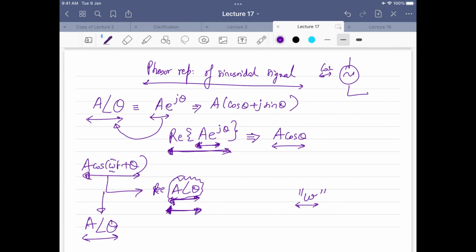Sir, how would we find the difference between a cos(omega t plus theta) and a cos theta if we write the same representation for both? No. See, here you are bringing in two different omegas. In the first case, omega is 0, that is a cos theta. In the second, you are saying a cos(omega t plus theta). You understand? So that omega has to be the same when you are trying to solve the circuits.